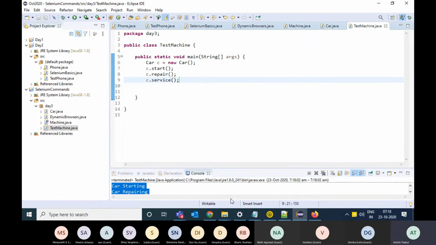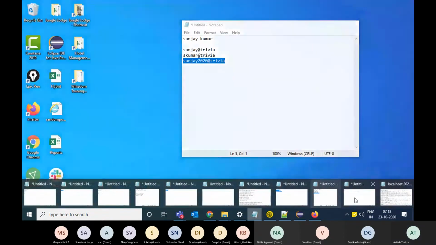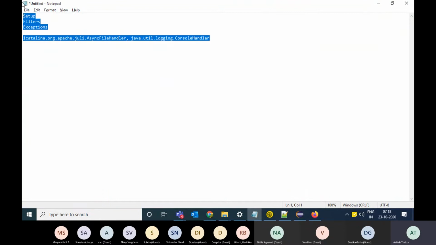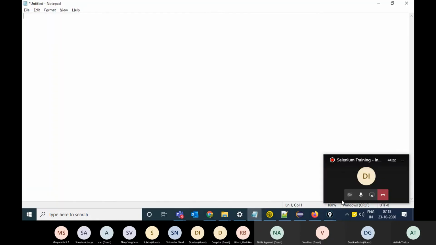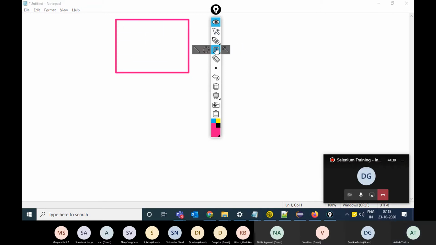So it's pretty simple what I did. Okay, what I did was that, just a minute. I made an interface. The name of the interface was machine. I had a few functions in it: start, repair, and service.